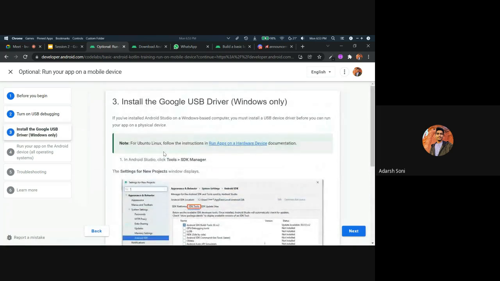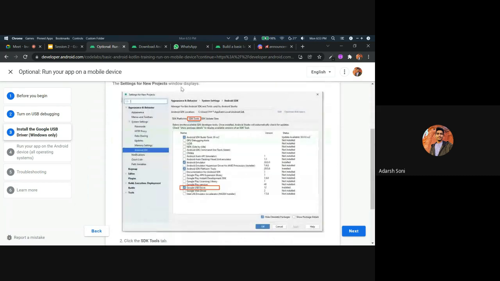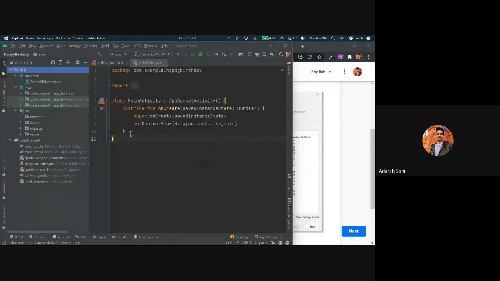After that, you can connect the mobile with your system, and to test your app on your physical device, you can download this.